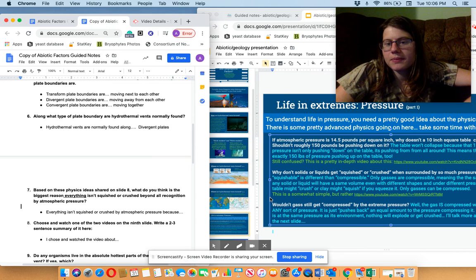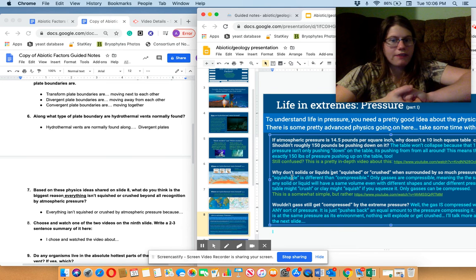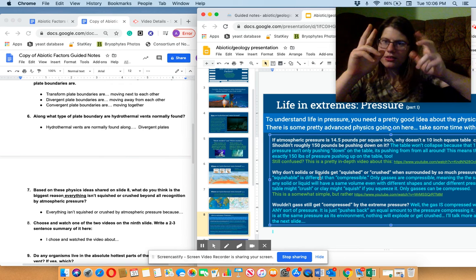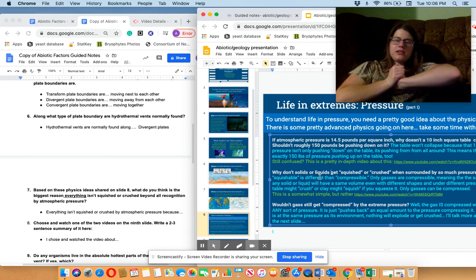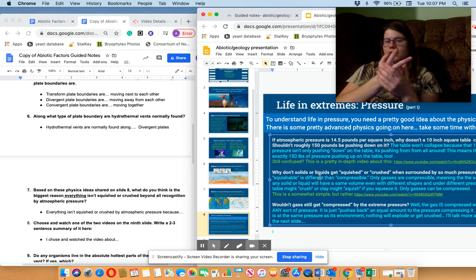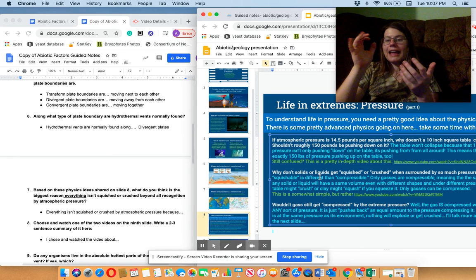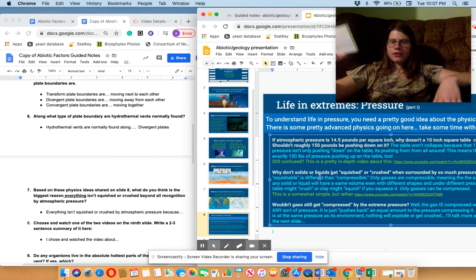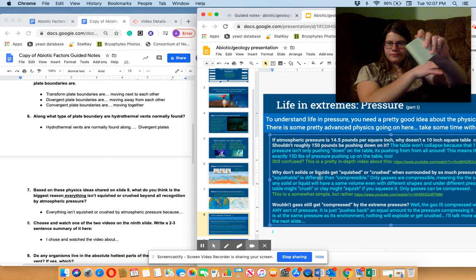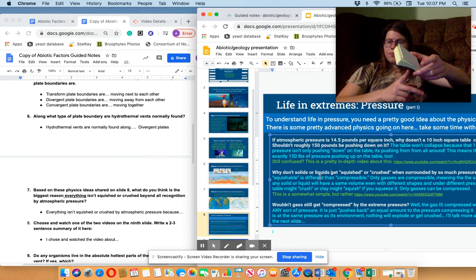These are all reasons, by the way. Another reason why things don't just get squished or crushed beyond all belief under lots of pressure is because not everything gets squished, truly. The only thing that actually gets squished is gas. Everything else other than gas, so solids and liquids, has a constant density. So clay, this Post-it note here. I can squish it, I can roll it up, I can bend it, but this will always have the